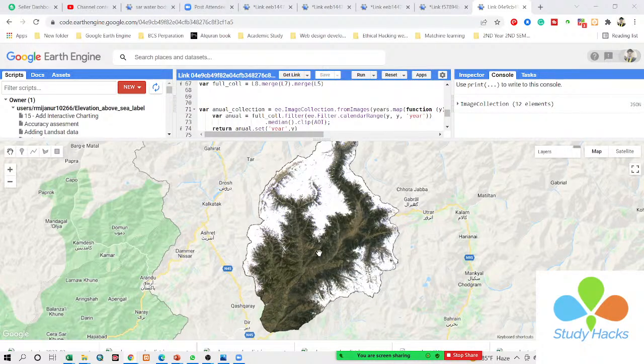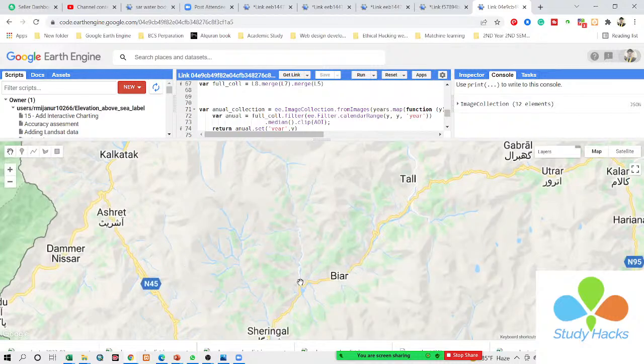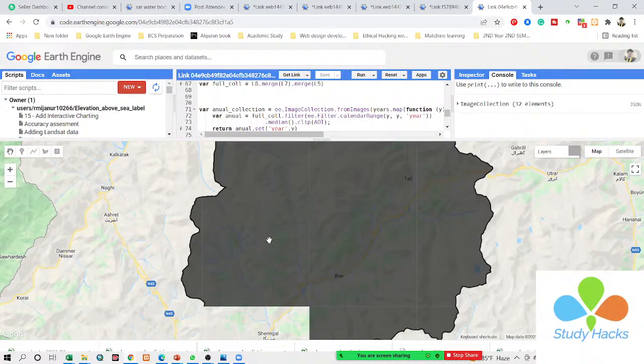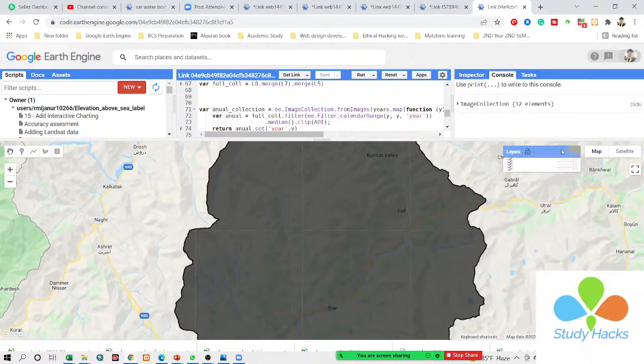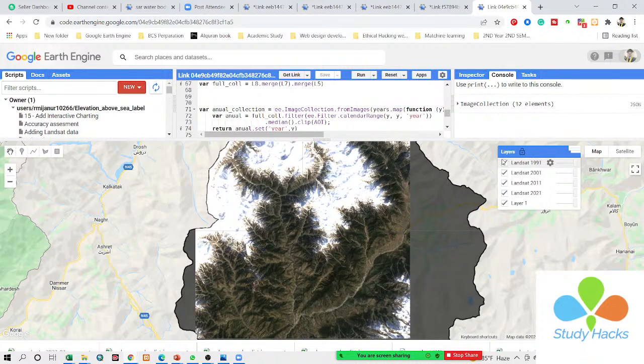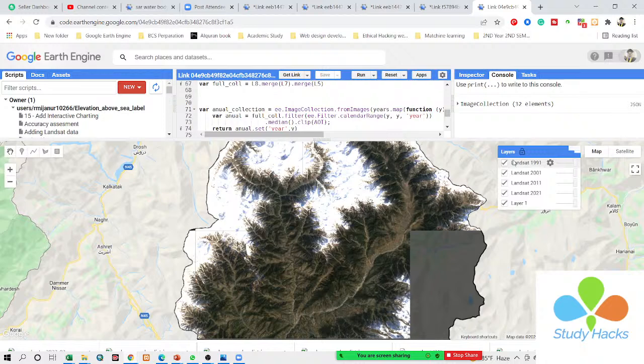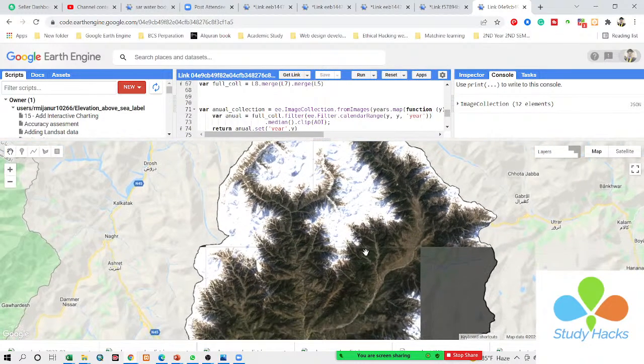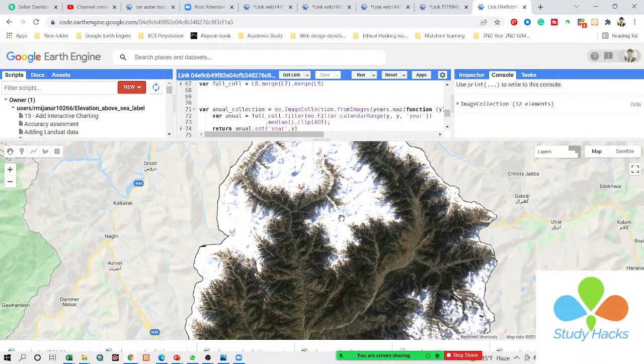Okay, so Sam, I will also try to show you that. Suppose you can see here this is the image for 1991, the first image. You can see it is showing the first layer. So first of all you need to get some training points from here. You can see here this is the Suno. So you can just take the marker,